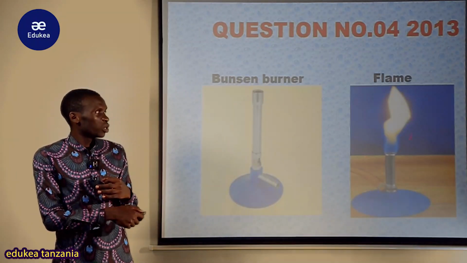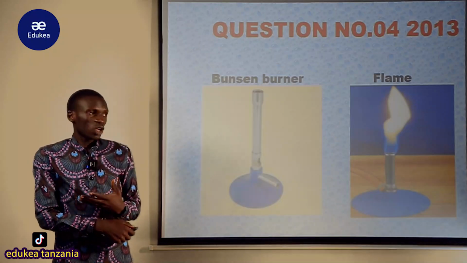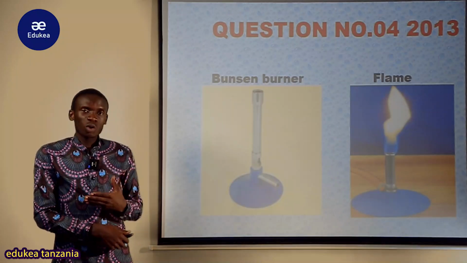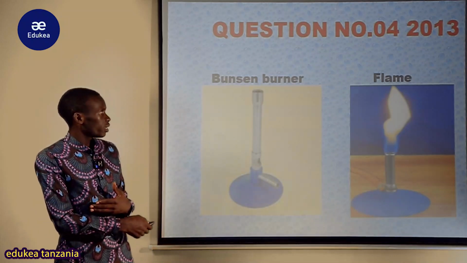We will see the difference between luminous flame and non-luminous flame. So these flames are of different types. With a Bunsen burner they are produced in different ways. There is luminous flame and non-luminous flame. But before, let's see